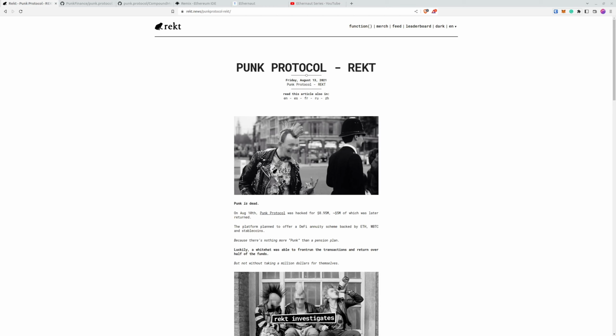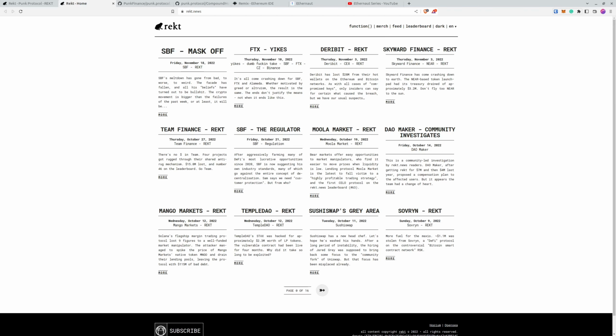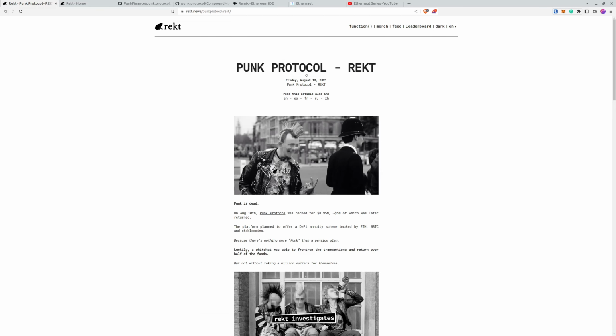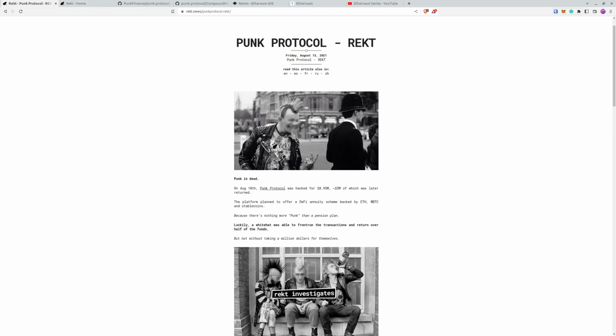So let's start. Here we are on the page on rekt.news, and they are pretty good at reporting all of the exploits. If you go to the main page, you can see that it happens all the time, so you better start reading this. And today we selected an article which is pretty easy to reproduce, because if you read